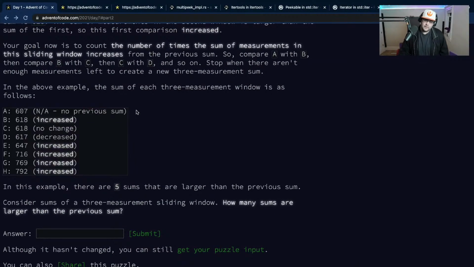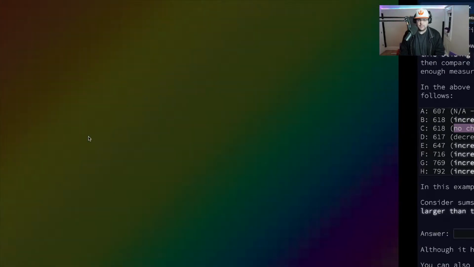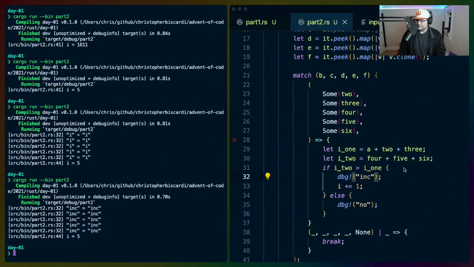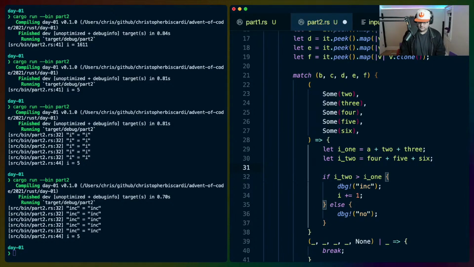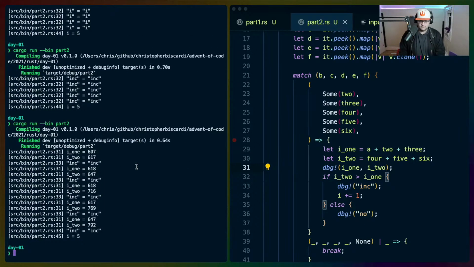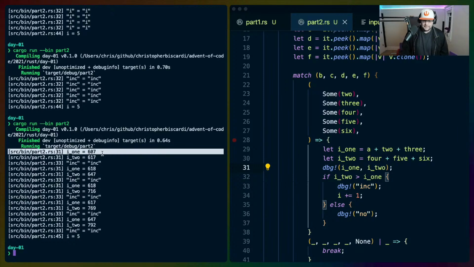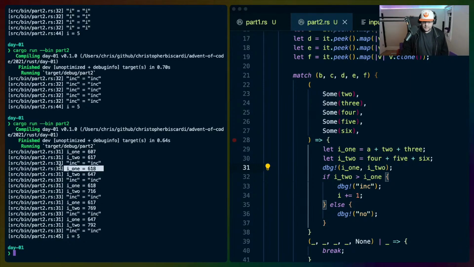So no, previous sum isn't one that we would get because we start off with 6. Then we increase. Then it's supposed to be no change. Ooh. Okay, 607, 618 results in an increment. 618 and 647 results in an increment. 618 and 716?